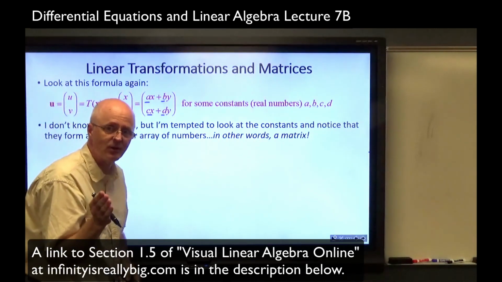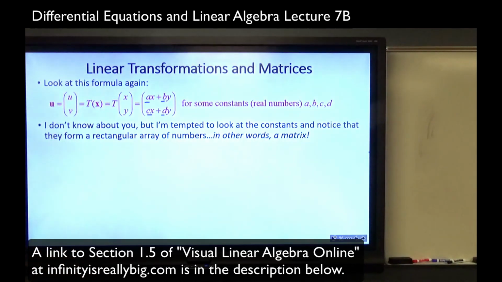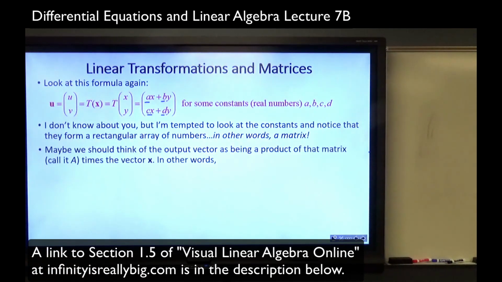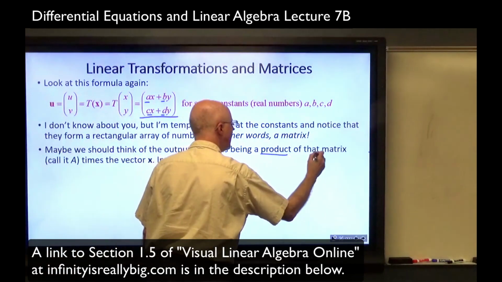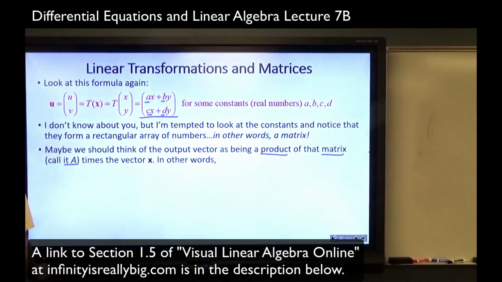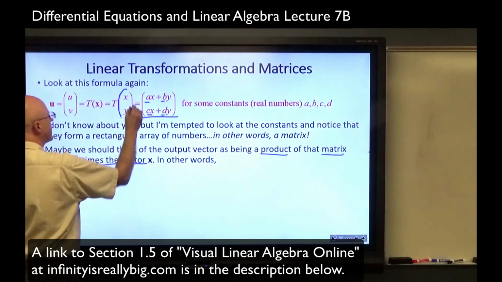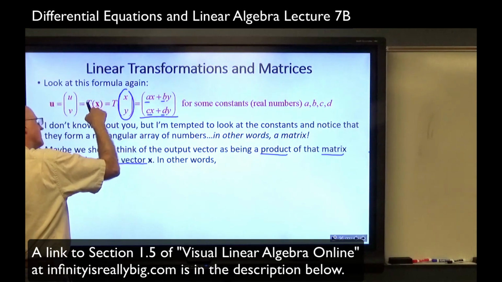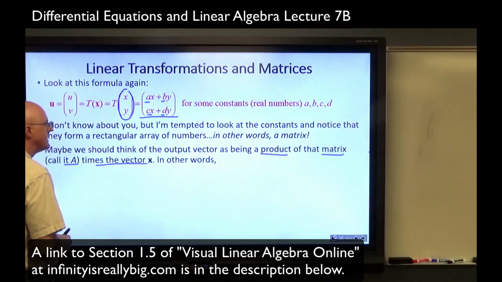It's not good enough motivation to show you what I'm about to show you, but it's going to be our motivation, our justification for this particular lecture. Again, in my blog, it's more systematic. Maybe we should think of the output vector, this thing, as being a product of that matrix, A, B, C, D, that 2 by 2 matrix, call it capital A, times the vector x, whose components are little x and little y. The vector boldface x, whose components are non-boldfaced x and y. In other words,